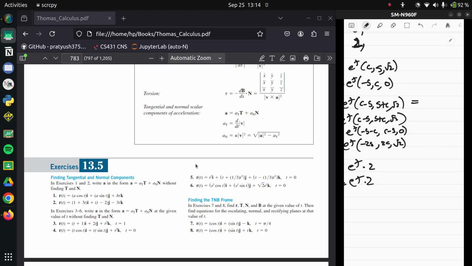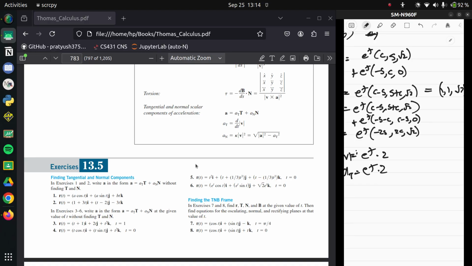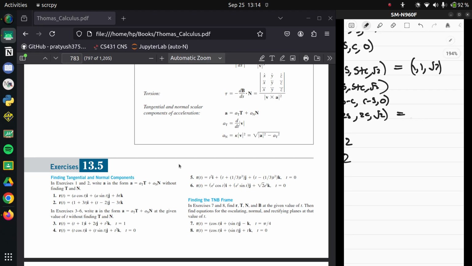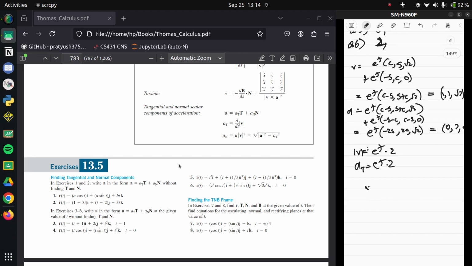this quantity just turns out to be 1 comma 1 comma square root of 2, and the acceleration quantity just turns out to be 0 comma 2 comma square root of 2. Okay, amazing. So your v cross a,